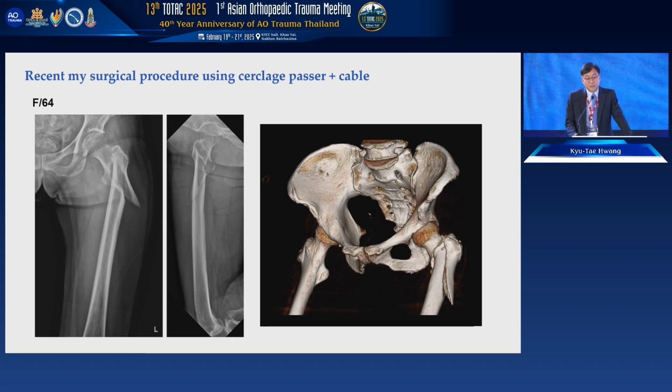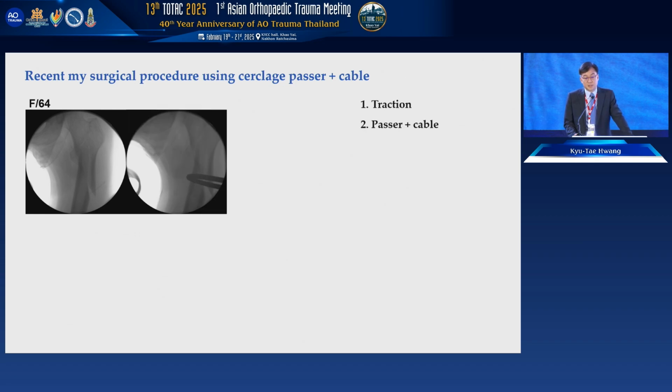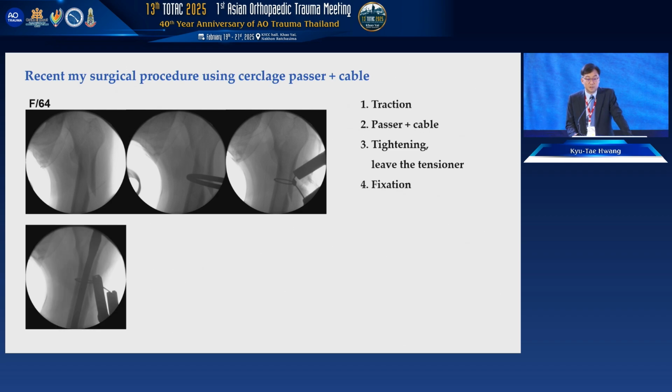This is my recent surgical procedure using the circlage passer and cable. First step is traction to restore length and axis. Second step is the putting of the passer and cable. And third step is tightening and relieving of the tensioner. And IM nail fixation,